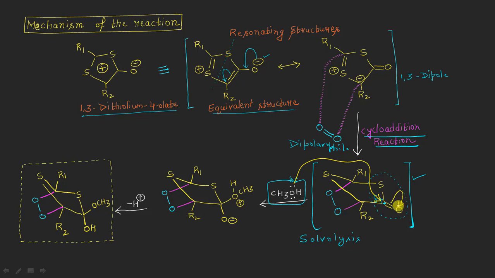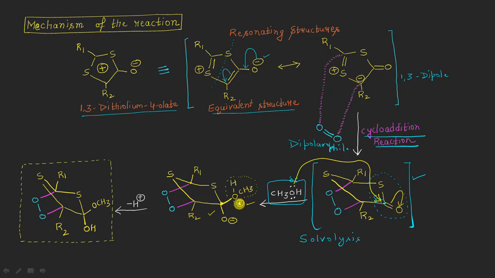So what is going to happen is that this will now become a single bond, as you can see here. Moreover, this oxygen will now have a negative charge, and the attack of this oxygen on this carbon atom results in the formation of a new bond between this carbon atom and this molecule of methanol, right? And after that, because the oxygen here is forming 3 bonds, please do not forget to put a positive charge here.